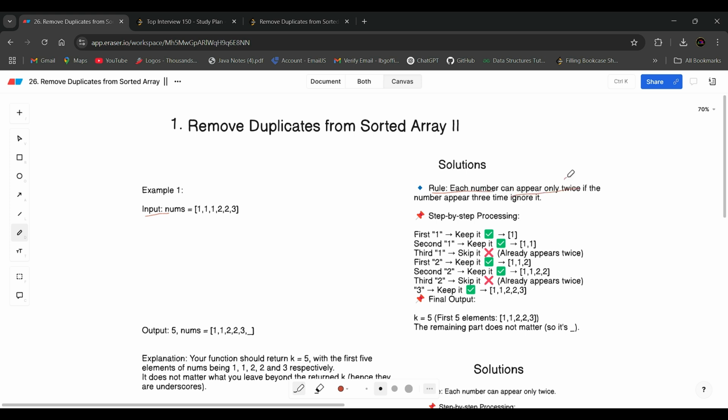If a number appears three times, simply ignore the extra one. Here 1 appears three times, 2 appears two times, and 3 appears once. This is our i element, this is i minus 1, and this is i minus 2.